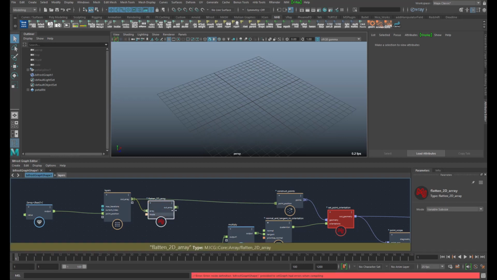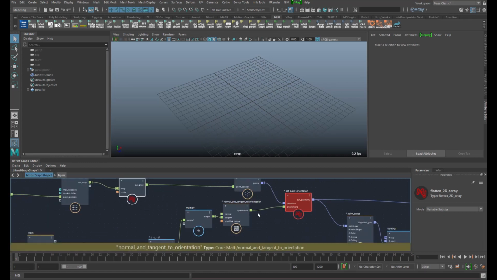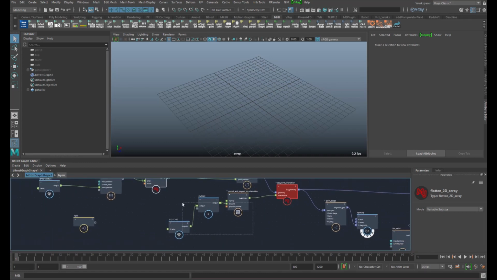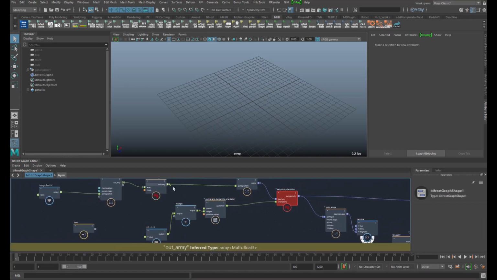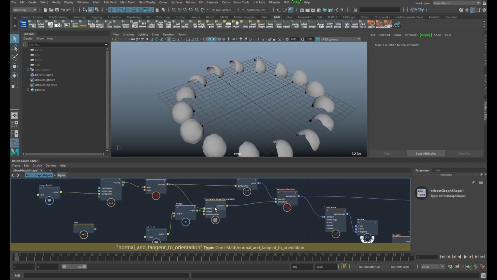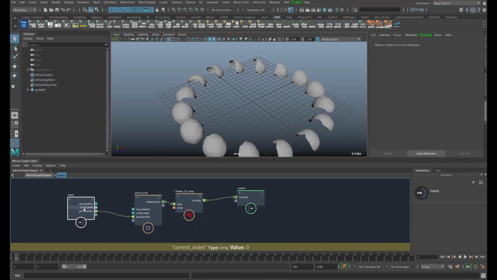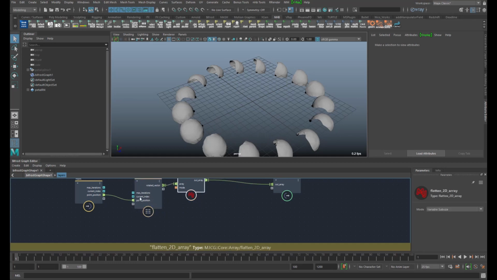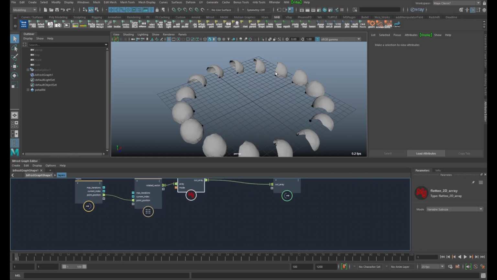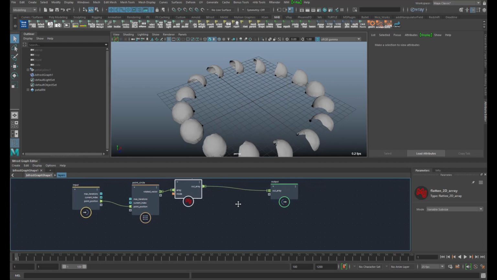And since now we do have an array of arrays, we need to flatten that. And now the max iterations of that loop is going to determine how many layers we're going to create. And what we want to do is, for each layer, lerp the point positions towards the origin.